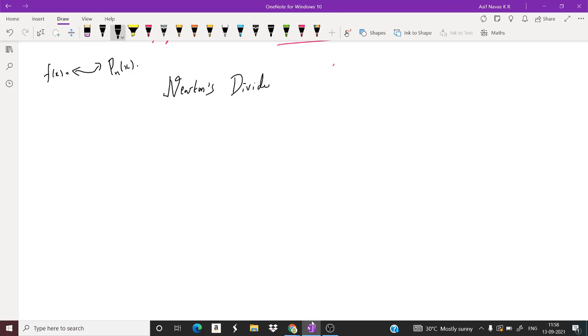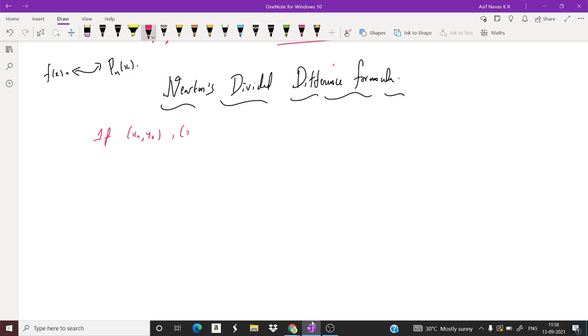Newton's divided difference formula. It's very easy while doing a problem. But while explaining the formula, more terms are involved, so it may be somewhat difficult. So if x naught y naught, x1 y1, etc., xn yn be the given points,